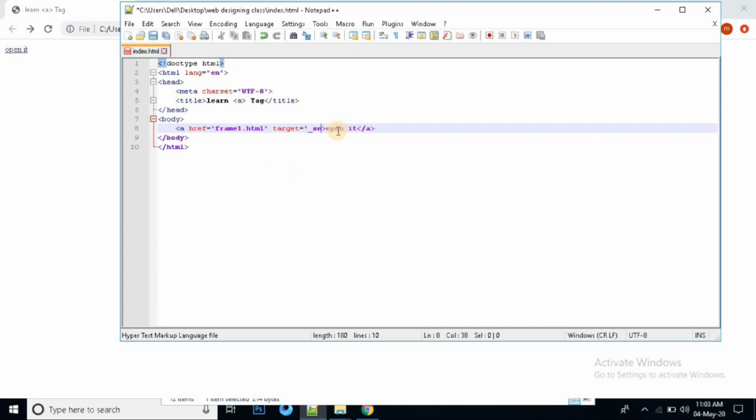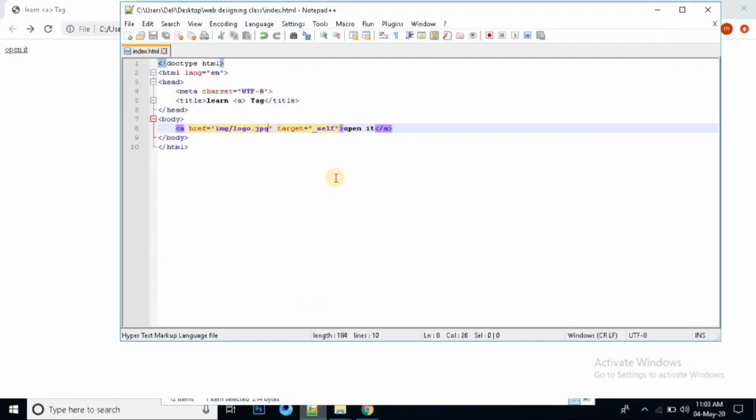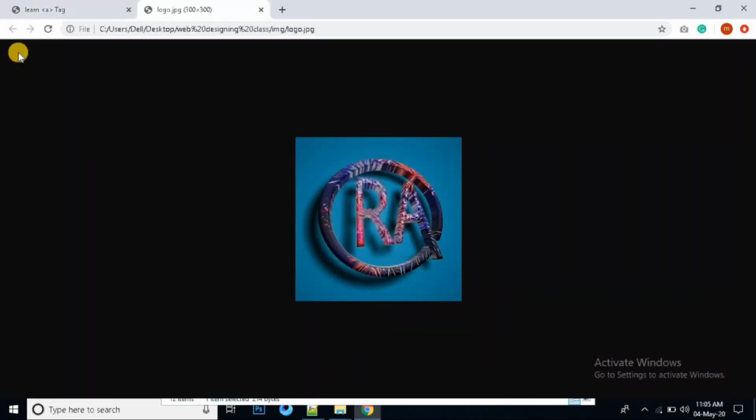Now we will try the self value, change it as image logo.jpg. The self target value specifies the link will be loaded in the same tab. Now we will try blank. It will load the link in a new tab, just like this.